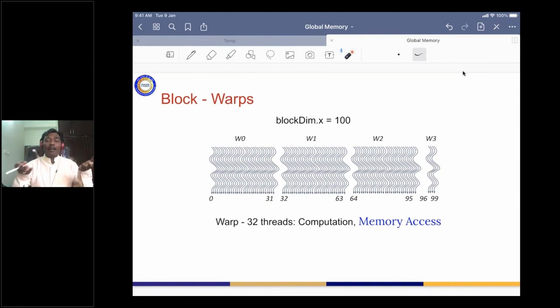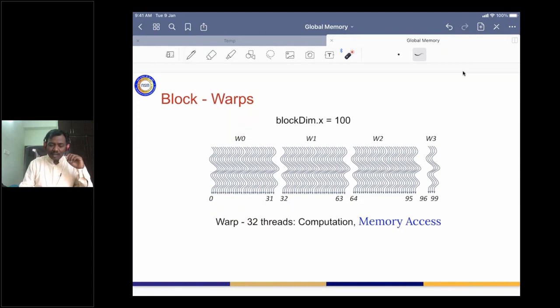When we create a block of threads, something like 1024, or even fewer or more, whatever number of threads you create, they are partitioned into groups of 32 threads in sequence: the 0th one, the first one, the second one, and so on till 31. Each such chunk of threads we call one warp.